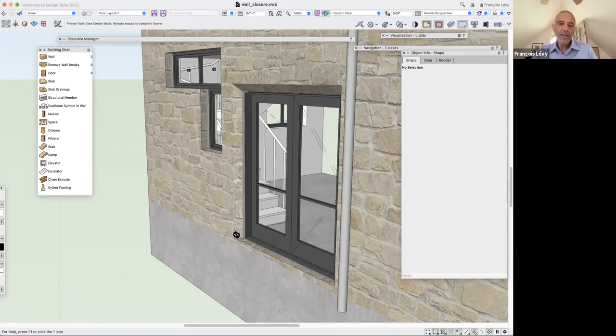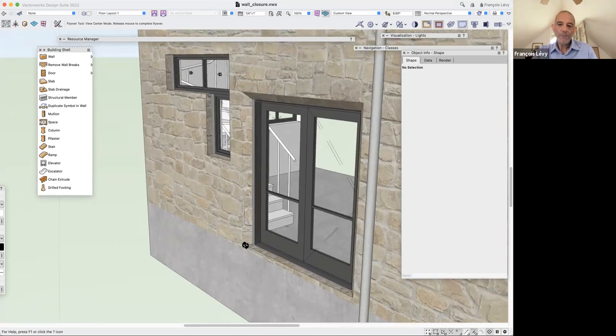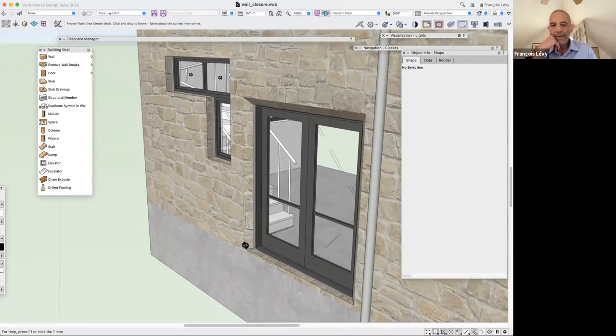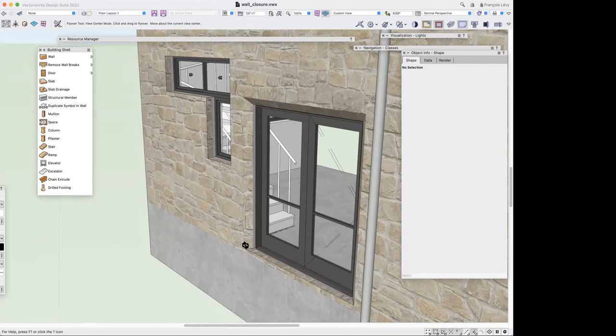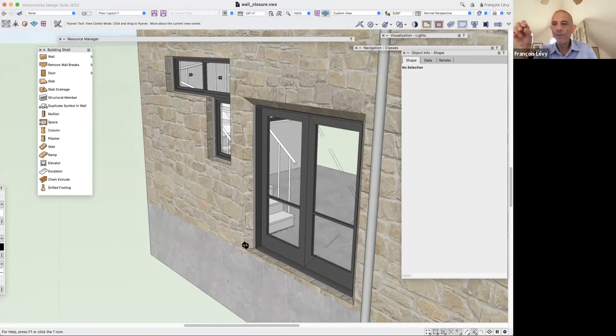And notice, if you recall that meeting from months ago, the way that we would have had to achieve this is to basically include that chamfer as part of the door, either as a lintel object or create a hybrid or a symbol that included a plugin object and some additional geometry and so forth. And then getting the textures to wrap properly, well, good luck with that. So wall closure solves a lot of those things,